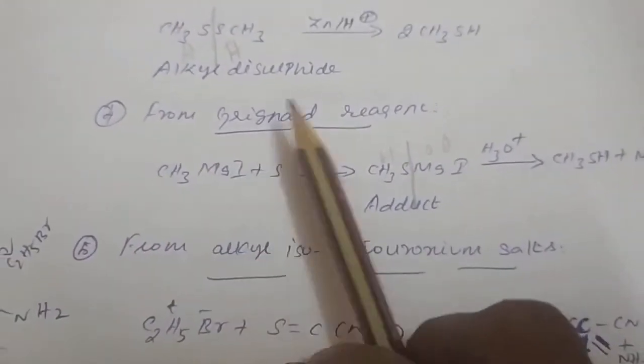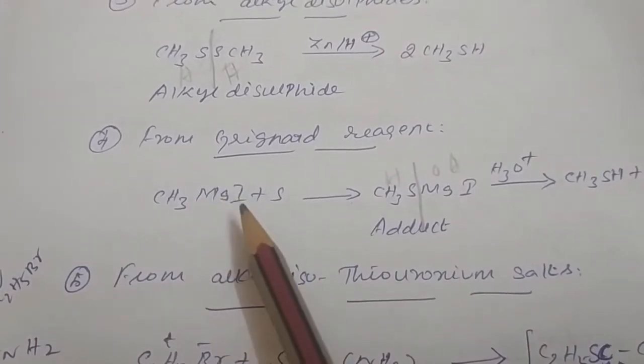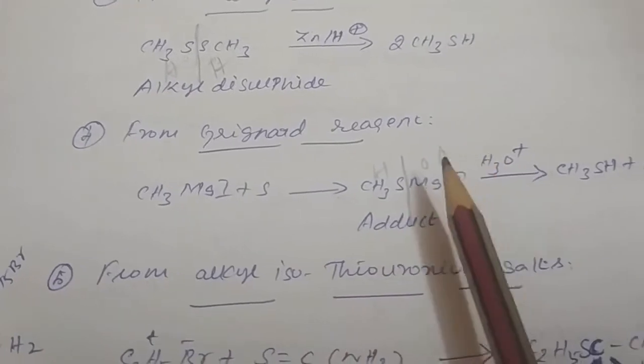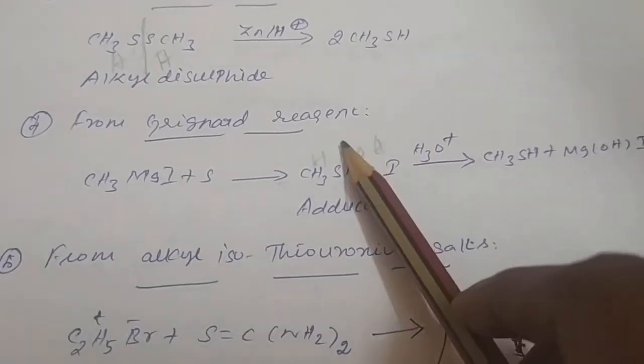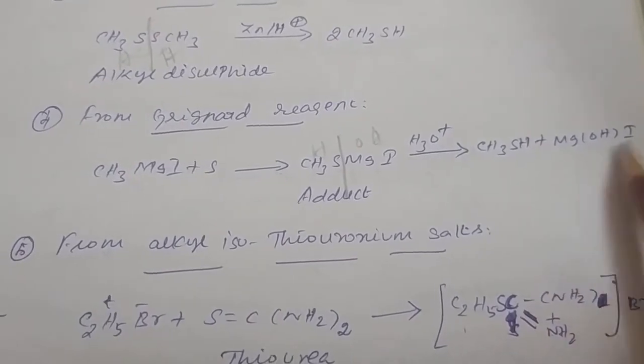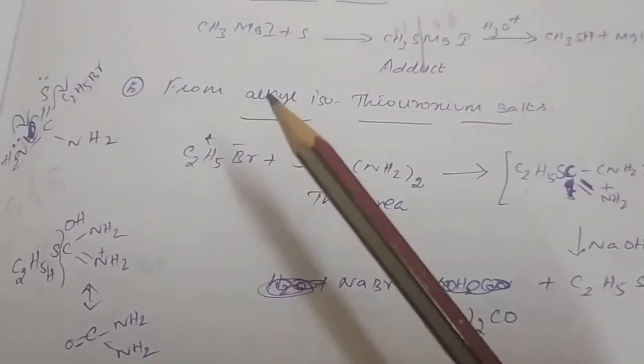So next from Grignard reagent. So methyl magnesium iodide is a Grignard reagent. It reacts with the sulfur to form adduct. It undergoes hydrolysis to form methyl thiol and magnesium hydroxide iodide. So next from alkyl